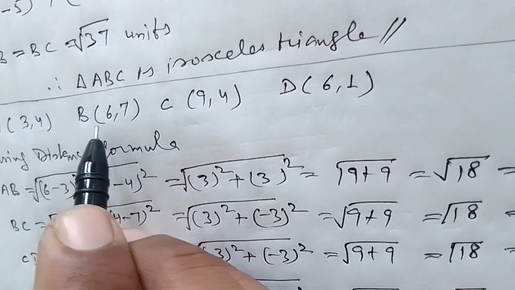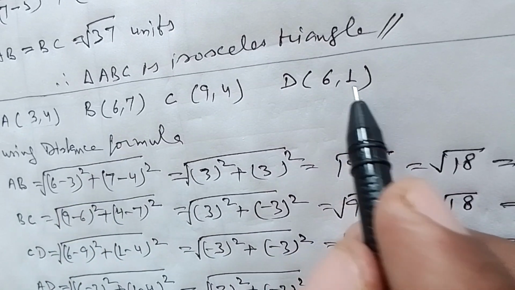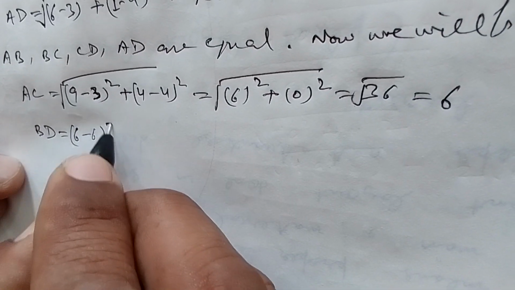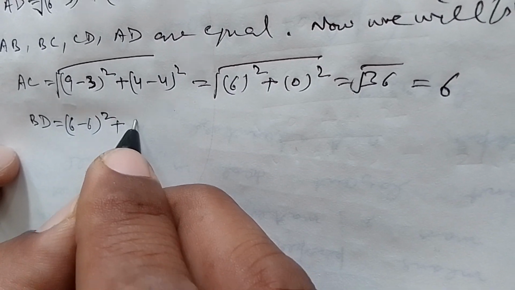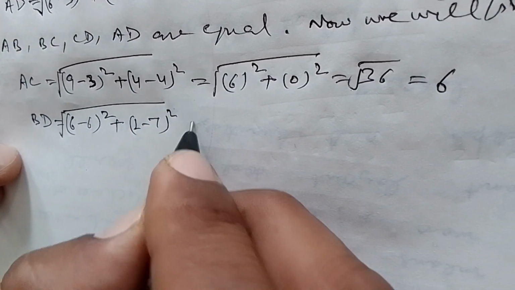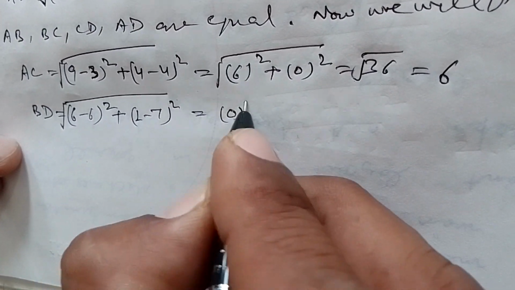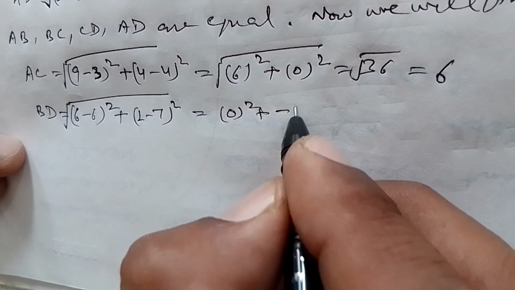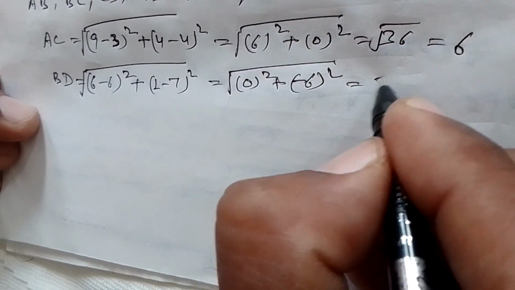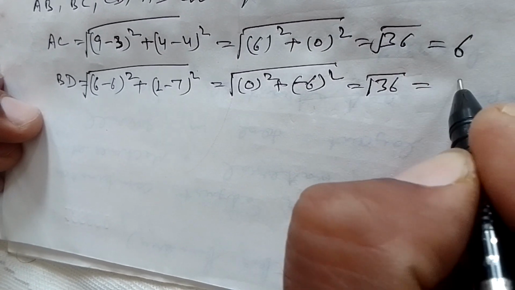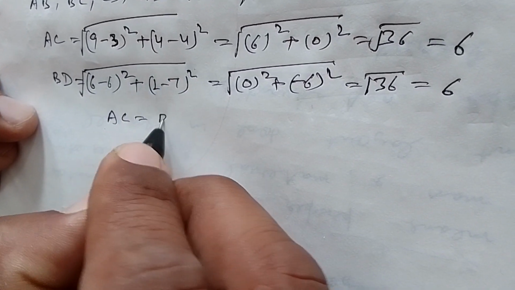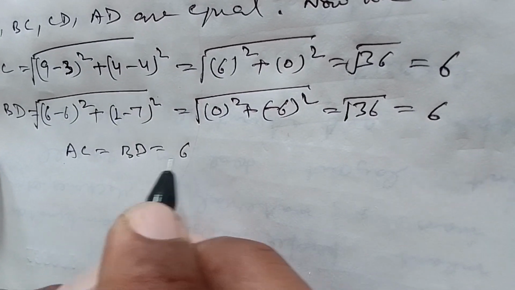the coordinates of B are (6, 7) and of D are (6, 1), then root of (6 minus 6) square plus (1 minus 7) square. So 6 minus 6 comes out to be 0 square plus 1 minus 7 comes out to be minus 6 square. So it again comes out to be root 36, which is equal to 6. Since diagonal AC is equal to BD is equal to 6 units,